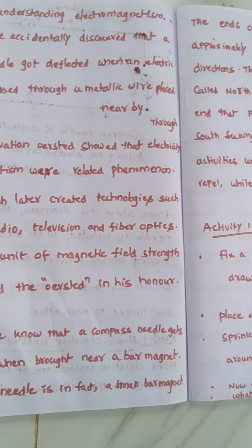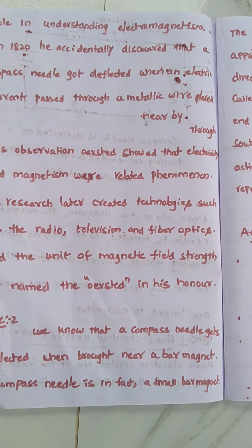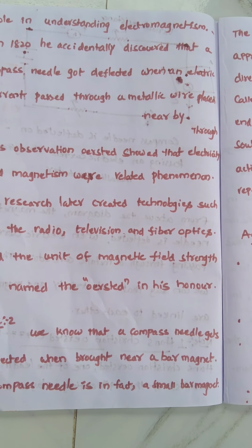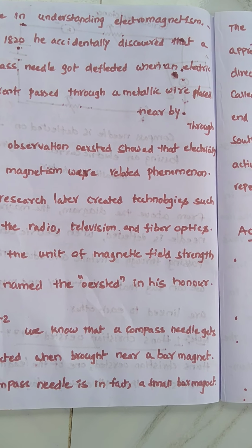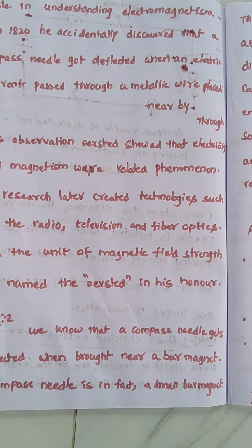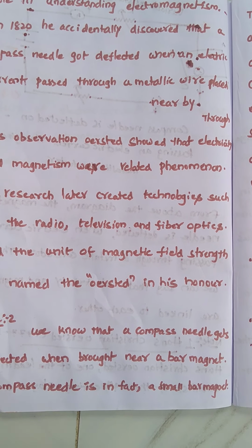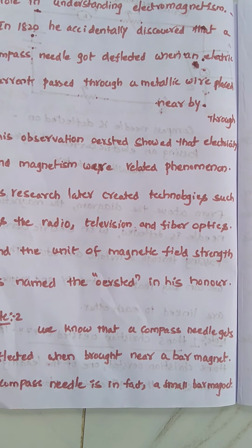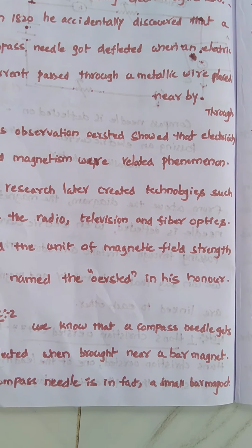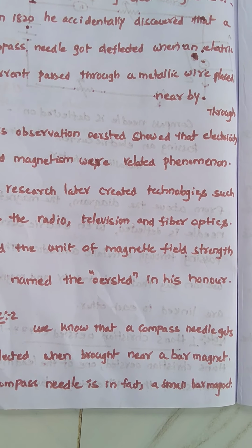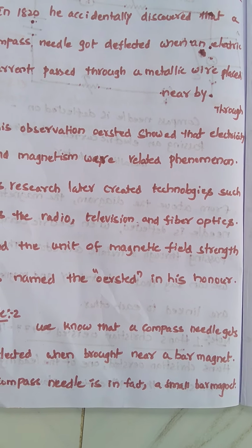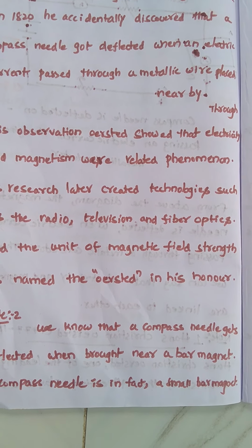Why am I discussing this note point? Before Oersted's phenomenon, a magnetic compass needle showed deflection if you brought it near a bar magnet. From various observations, like poles repel each other and unlike poles attract each other. The ends of the magnetic needle point approximately towards north and south. The end pointing north is called north seeking or north pole, and the end pointing south is called south seeking or south pole. So this is the second note point, dear students.